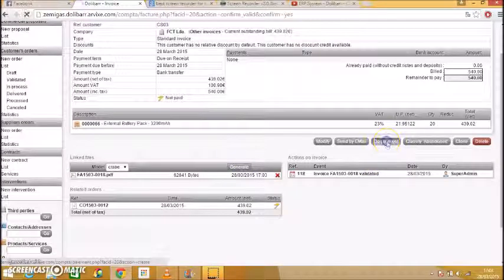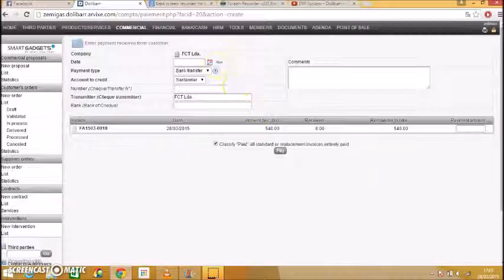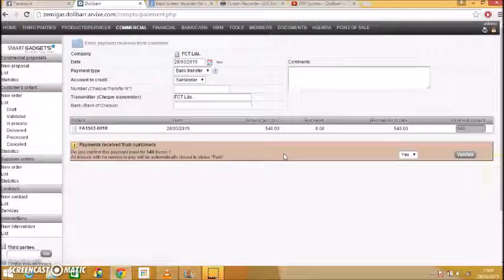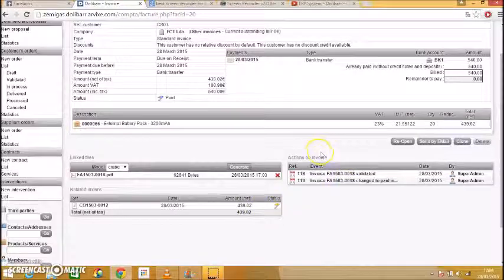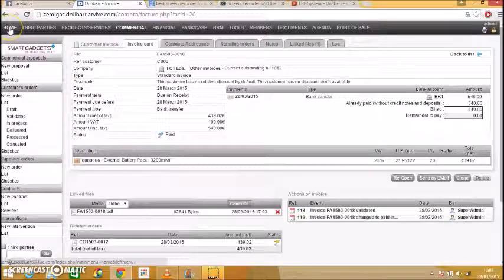Now you have to do the payment. Click on the payment, choose the date, type the remainder to take, click on pay, validate. Okay, now we have to